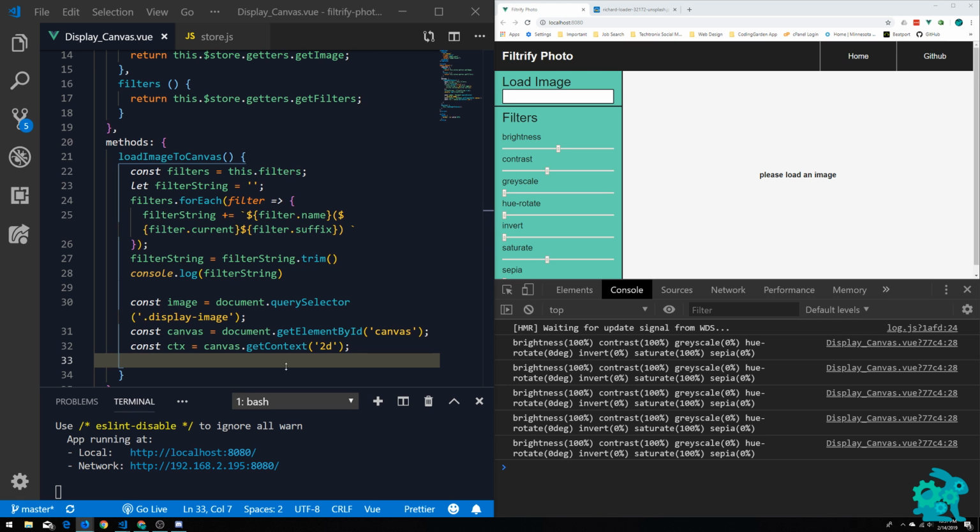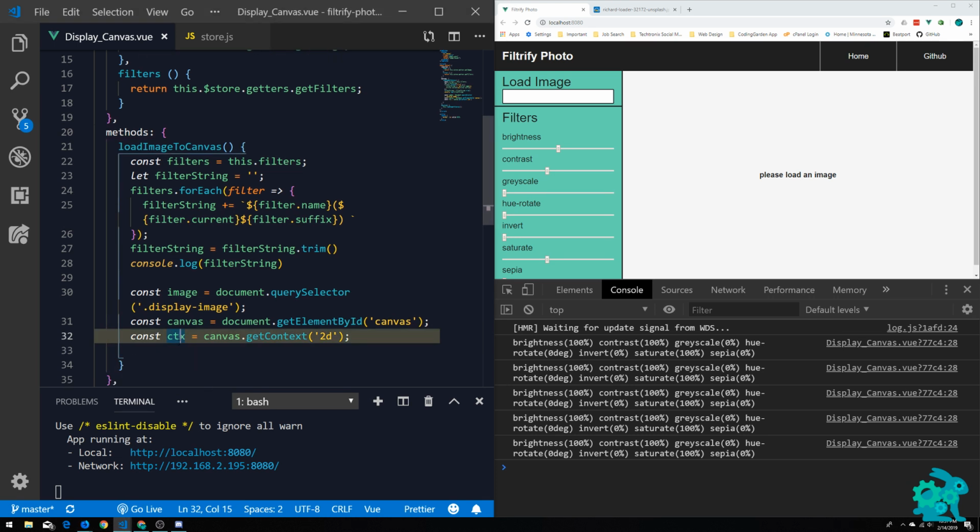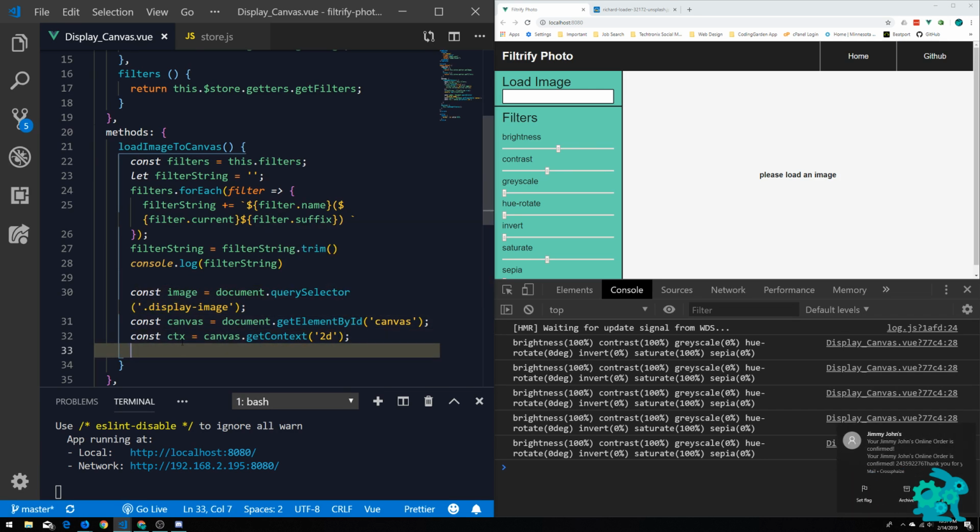so if you missed anything, basically what we're doing is pulling in the image that we have loaded into the canvas that we have, and then we're targeting the context of,